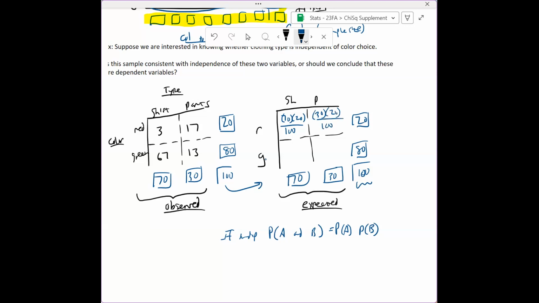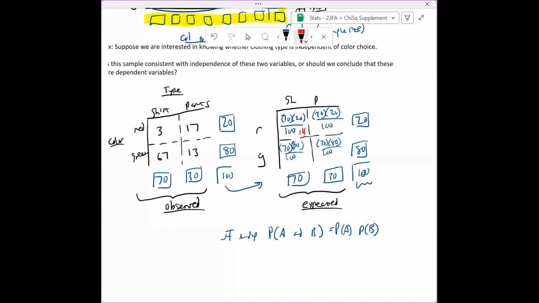Right? That's effectively what we're saying. And then 70% of the 80 should have green shirts, and 30% of the 80 should have green pants. And if we calculate each of these numbers, we get